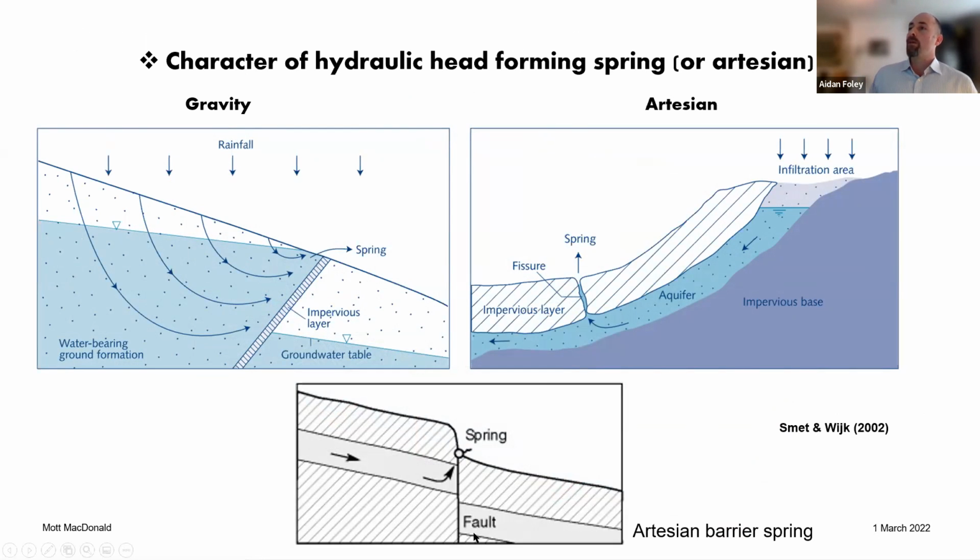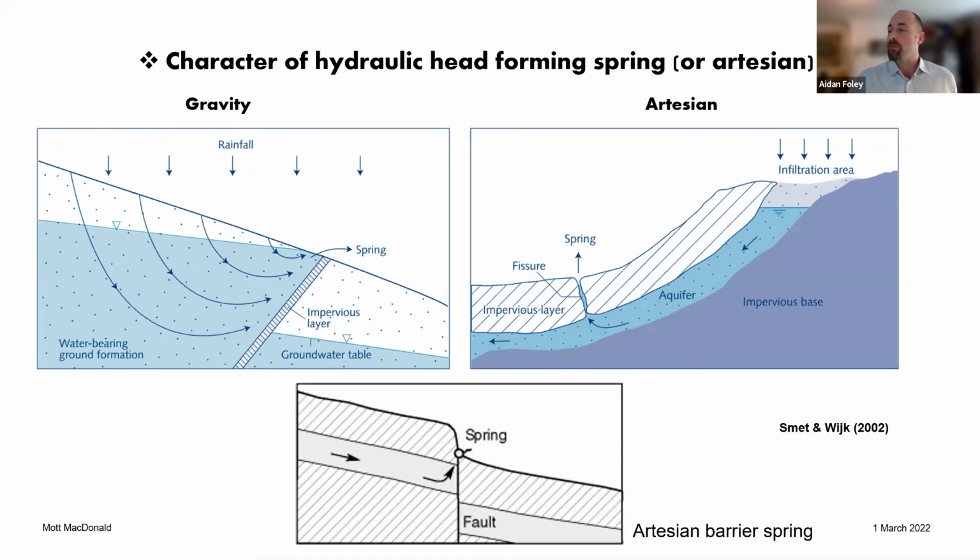So we can characterize discharge as driven by gravity. In the unconfined setting, the head is just driven by gravity, causing discharge by the water being above the point of discharge, whereas in the artesian setting, whilst gravity is obviously still fairly important, it's the pressure which drives the spring to come up, famous for Artois. And this is what we've seen.